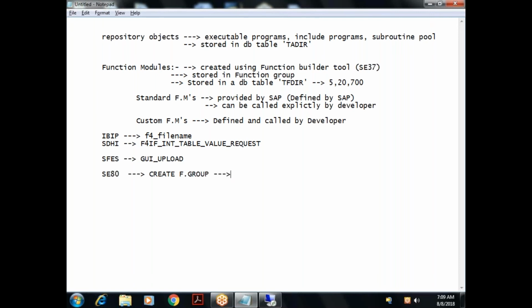Okay, in this SE80 only, we need to create the function group. Whenever we create the function group, SAP creates what? Two include programs. Already we know the purpose of include programs. An include program can contain global variable declarations. It can contain subroutine and module definitions.